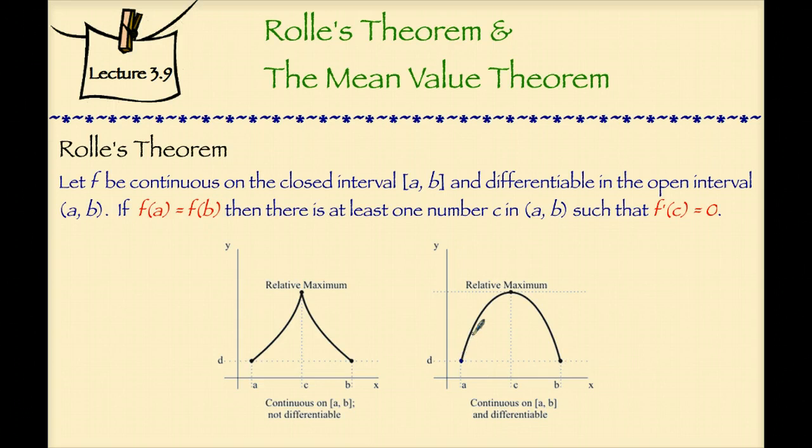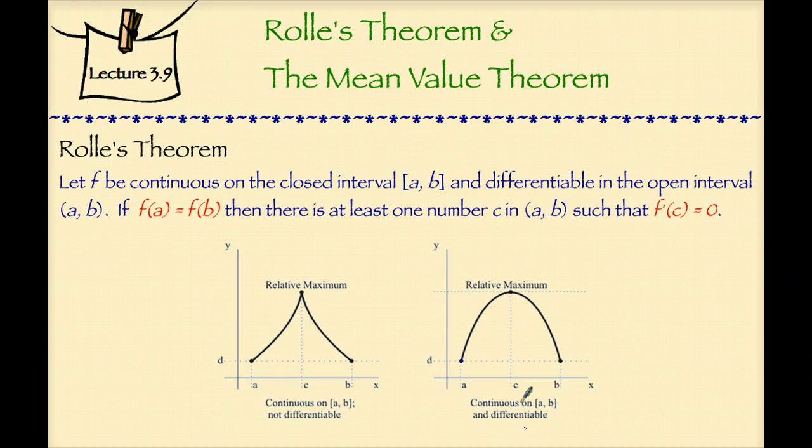There's no way to go up without coming back down. And in the process of coming back down, having that brief moment where the slope was 0 and indicating a maximum value,